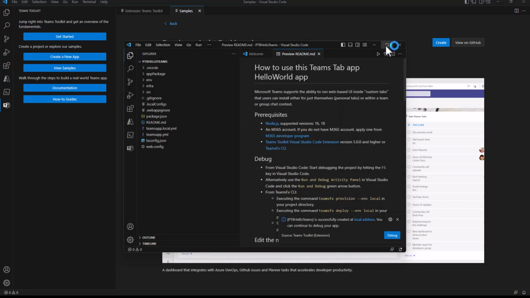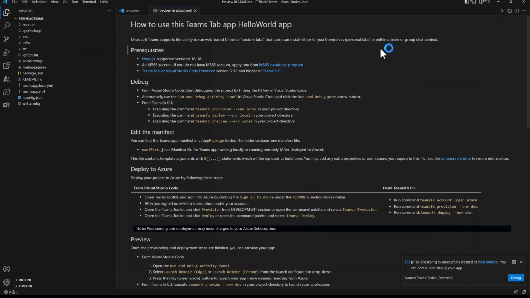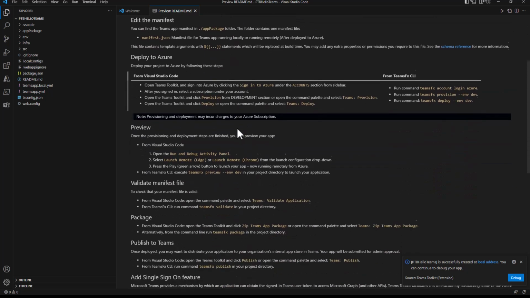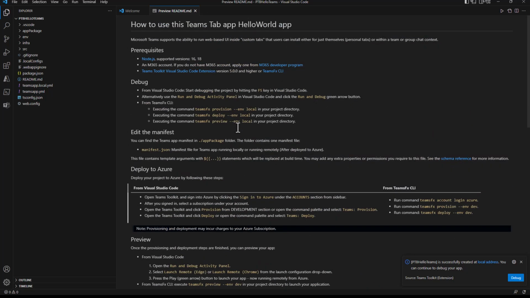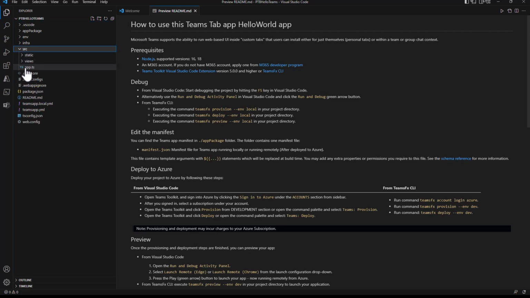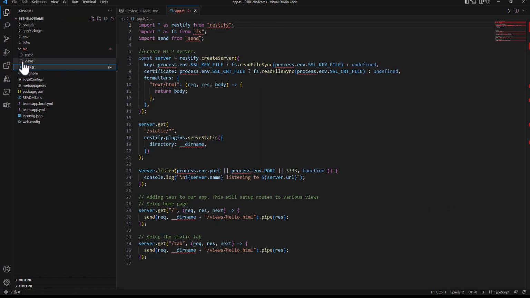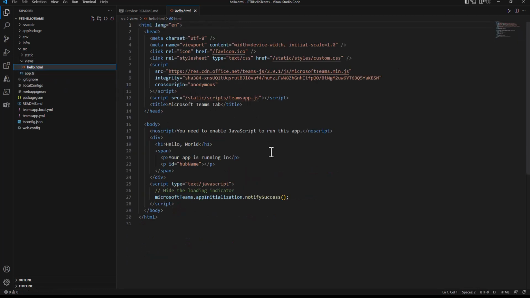You have to trust the target folder where the scaffolding happened, and then you have again a README file with all of the instructions that will guide you through the usage of this auto-generated sample. This is a very basic one because we chose the basic one, and in the source folder we simply find the app.ts file. We have an HTML view which will be the entry point of our solution with a paragraph